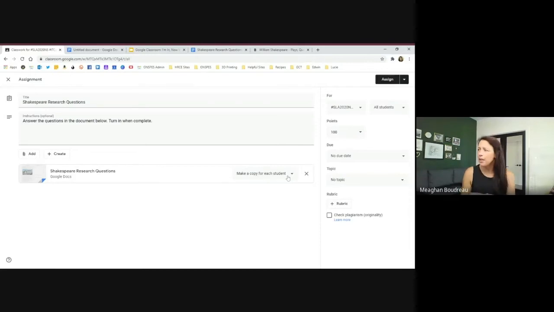Another way you might want to use this all students part is if you're doing small group work. So sticking with the English language arts examples, if you're doing maybe literacy circles and you have one group of 5 working on one book, another group of 5 working on a different book, you can push through assignments for that one specific book just to those 4 students. Or maybe you want them to collaborate on one document. You put it through just to those 4 students. That's a time where you might use the students can edit file,